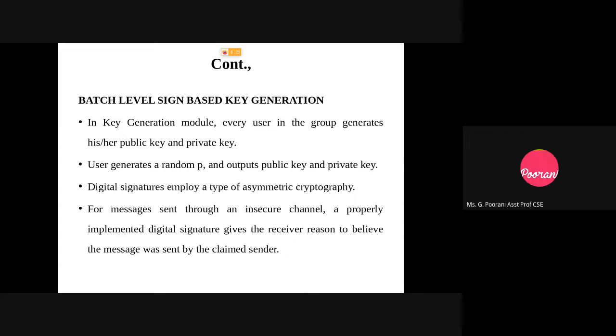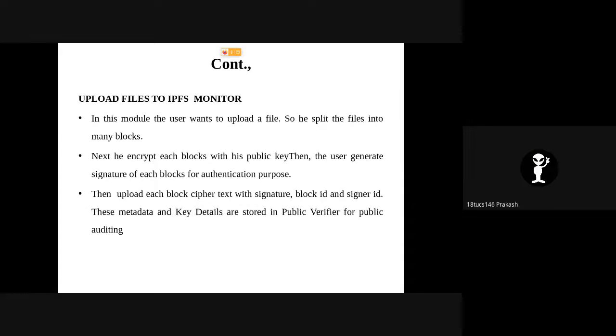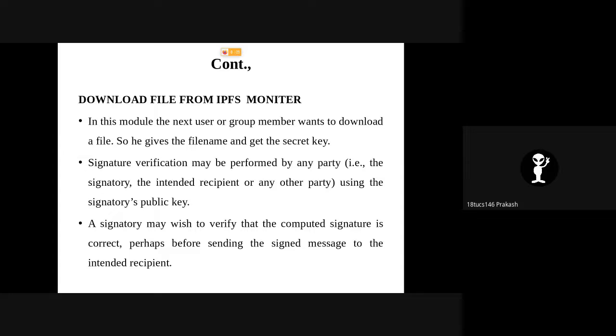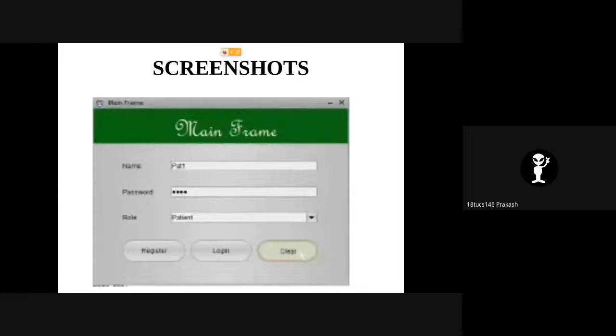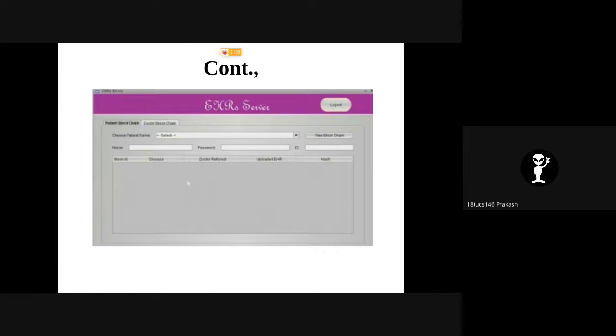So where is the output for this one? We don't have the code, ma'am. My team members, two of them, have been suffering from a fever for the last 3 days. They have the code, and I called my team member Kritik, and he didn't answer my phone. So I just have a PPT. So you don't have any screenshots? I have a screenshot here. Explain this implementation part. So this is the output for the first module. Yes, ma'am. Okay, continue.